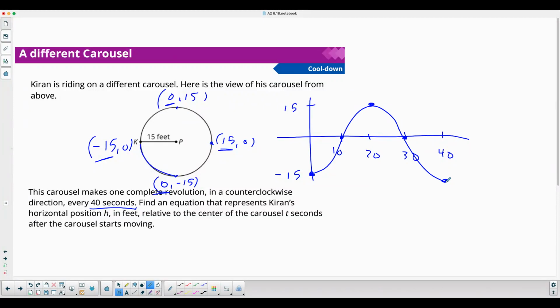So if I were to write an equation for this, I'm going to use my cosine function, but it's going to be negative because I start down at the bottom. Amplitude is 15. And then I don't need to add any numbers on. My midline is still 0. But I do need to find b. So remember, period is 2 pi over b. So 40 equals 2 pi over b. Multiply each side by b. So b equals 2 pi, whoops,